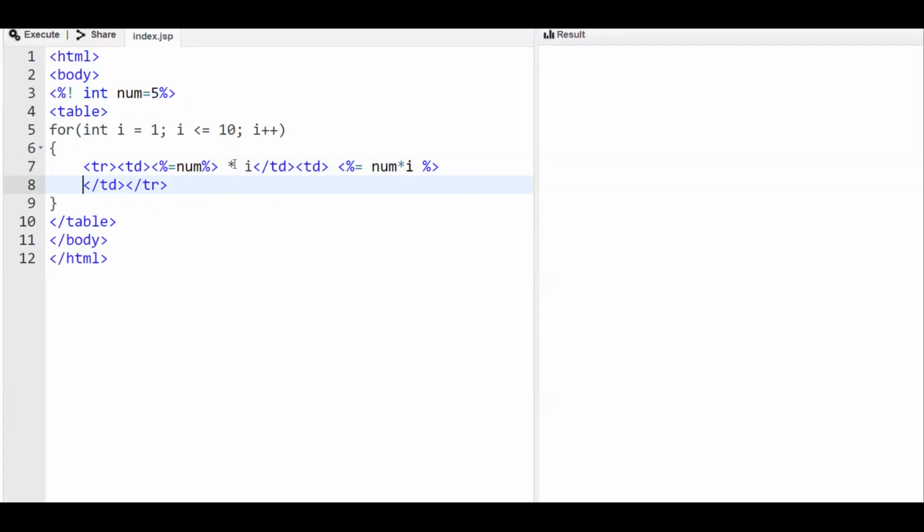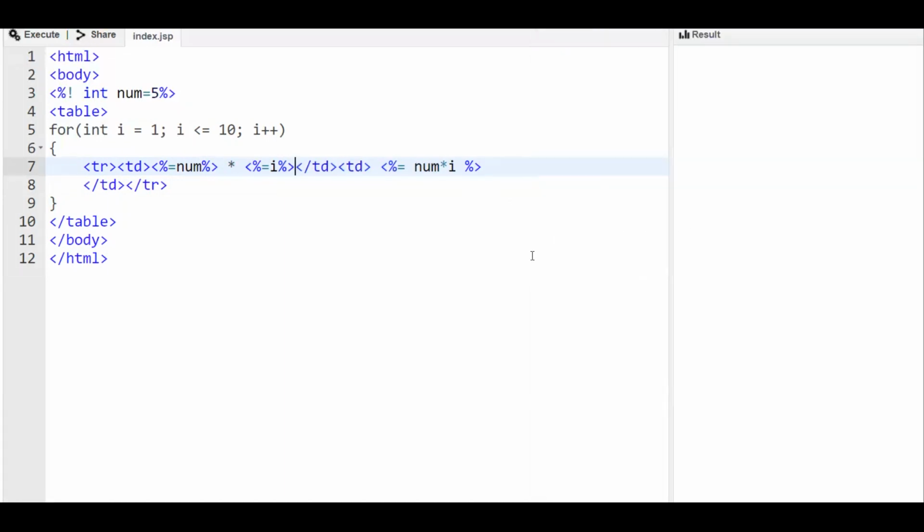Number will print, then star will print, then we have to print i. Here we have number star i, close the TD tag, that is the table cell. And here another table cell will be printing the multiplied value.